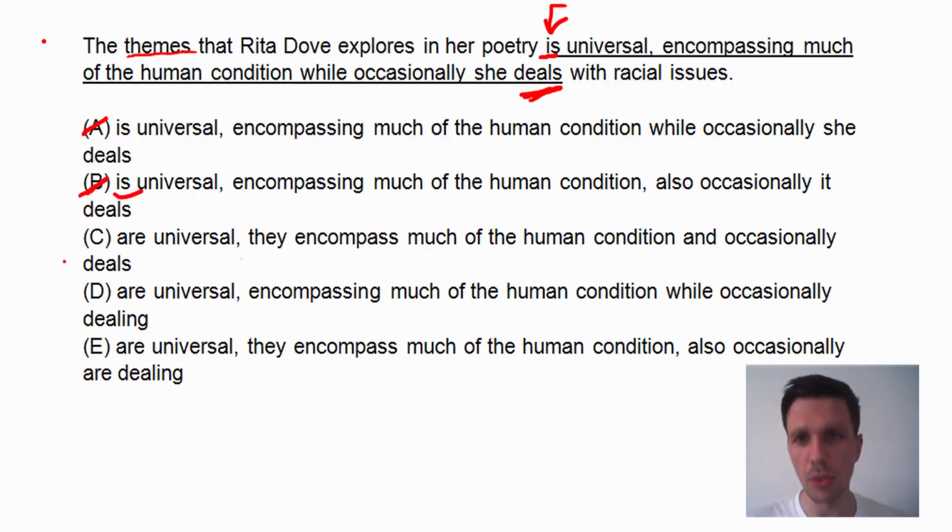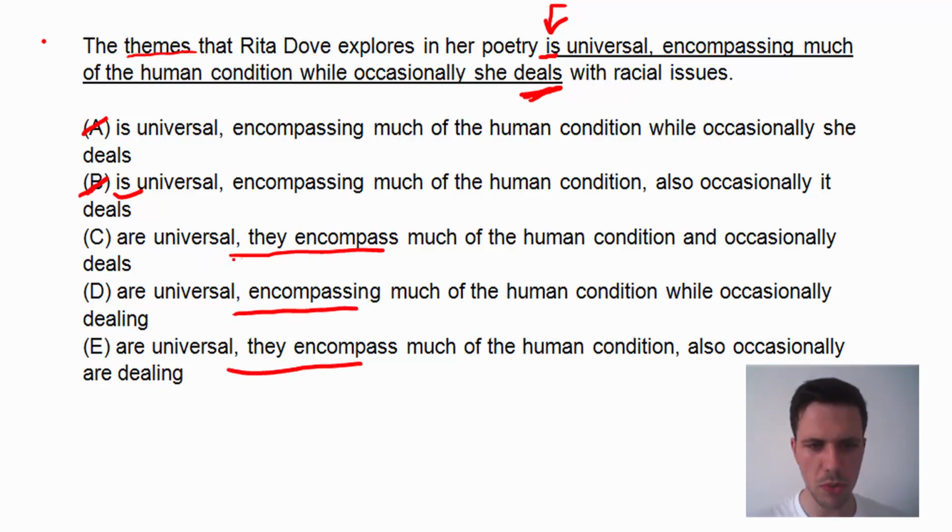A lot of people don't do that when they're not that familiar with the GMAT. A lot of people, their next step will be to read each one individually, C, D, and E, looking for mistakes in isolation. It's not really a very efficient technique, so it's much better to scan up and down like this. So let's scan each one of them, and what we'll see is that they're all the same up until this comma, and then they change here.